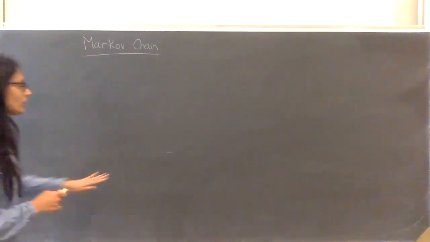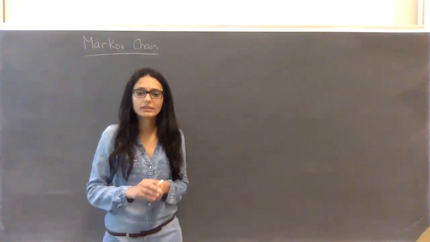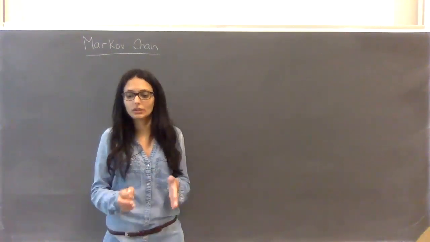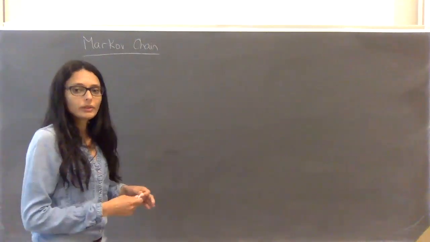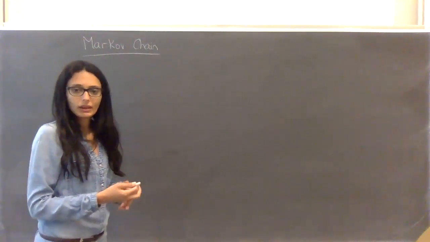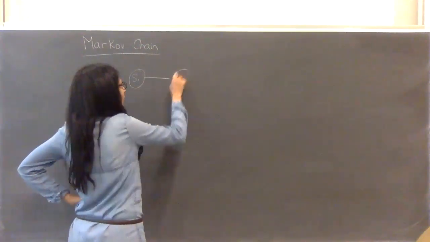So this video is about Markov chains. In Markov chains, usually I have states and I'm moving from a state to another where the moves are independent from each other. When I have a Markov chain, I can represent it with a matrix or I can represent it with a graph. So for example, if I have a graph with states S1, S2,